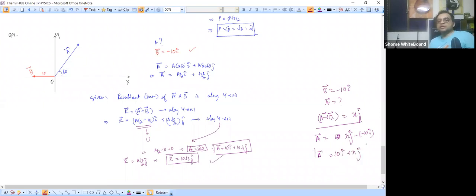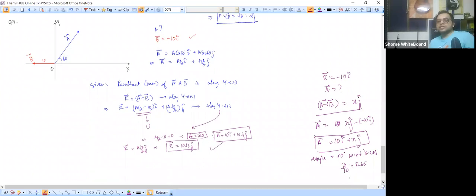Okay. Now I can see that the angle is 60 degrees with respect to x-axis. So we can do it this way also. So x by 10 should be equal to tan 60. So x should become how much here? X should become 10 root 3. So that means back to this, the vector A is how much? It is 10 I cap plus 10 root 3 j cap. So its magnitude is how much? Its magnitude is 20. That's correct. You can do by this method also.